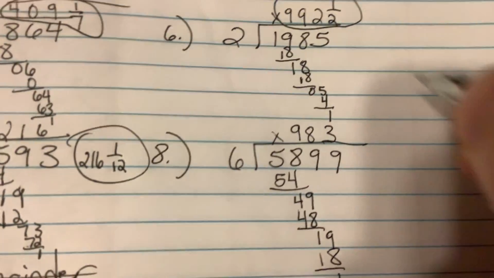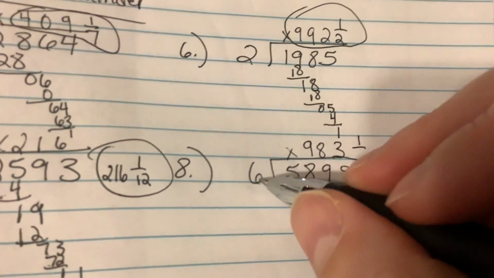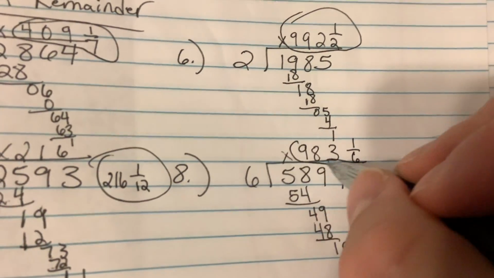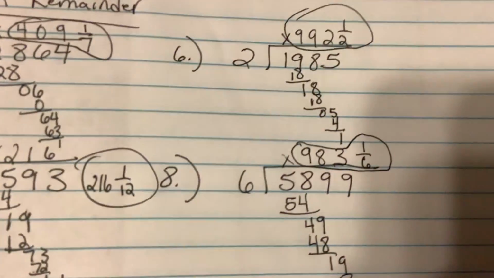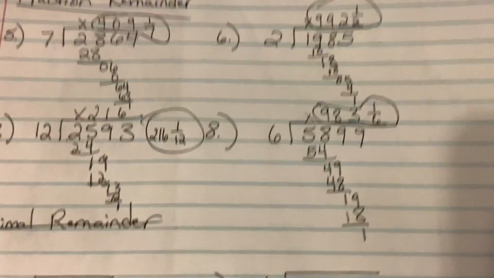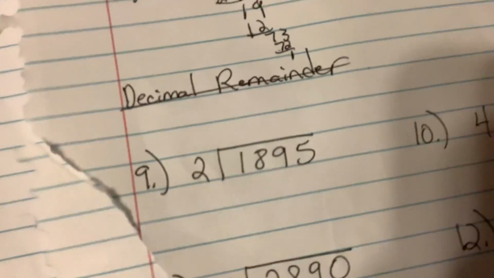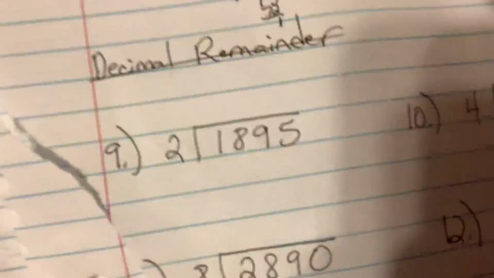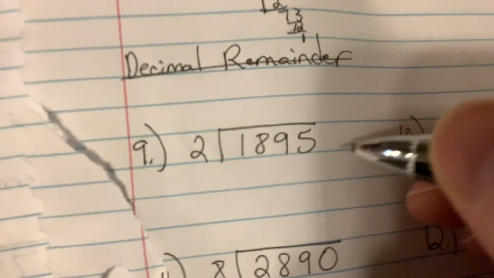Got a remainder of 1, so that goes over the divisor. So 1/6. 983 and 1/6. So that's doing them as fraction remainder. Now we've got the decimal ones, which means we have to divide until we come out even,